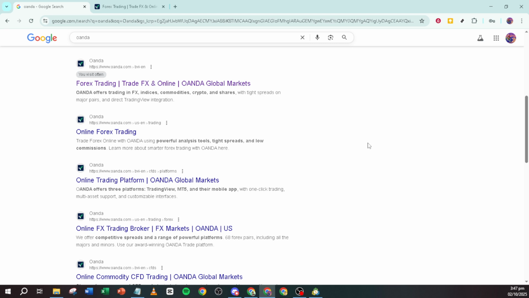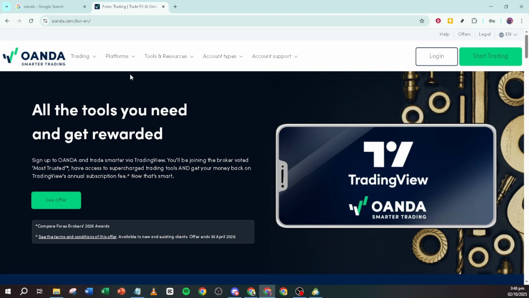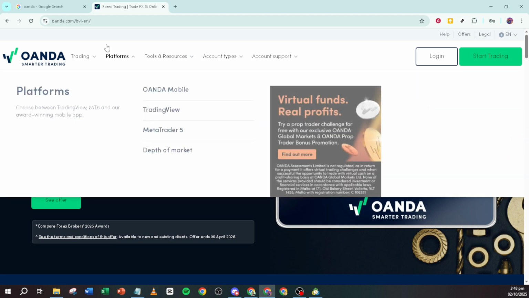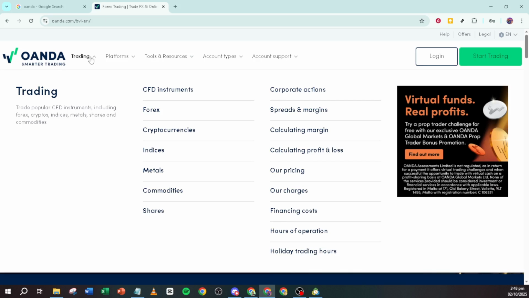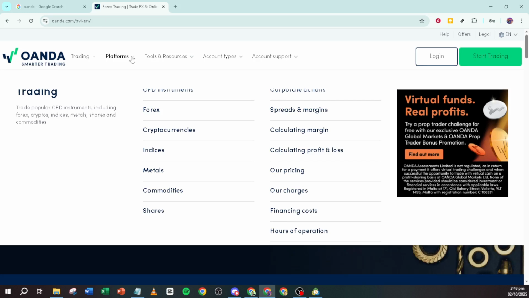First things first, you need to open an account with Oanda, a trusted and popular online broker known for its transparency and comprehensive tools. Simply head over to their website, create an account if you haven't already, and follow the straightforward sign-up process. This will be your gateway to accessing the financial markets through Oanda.